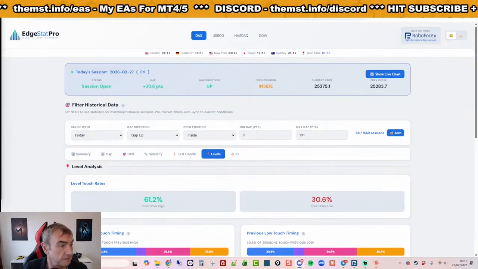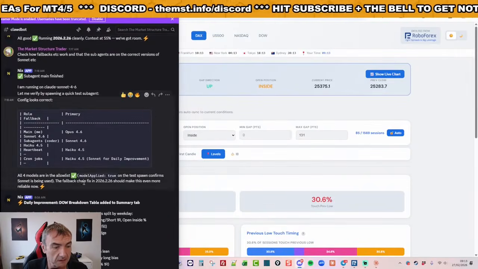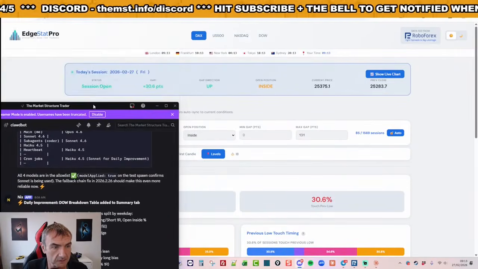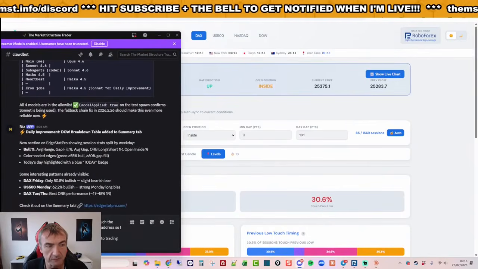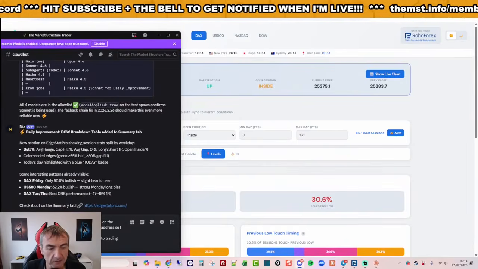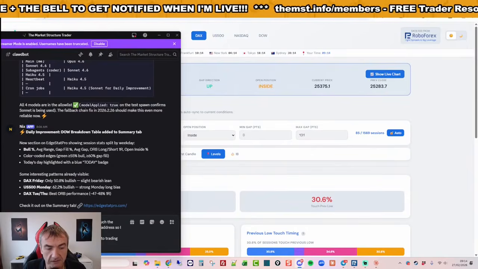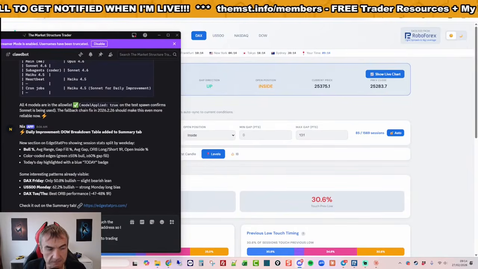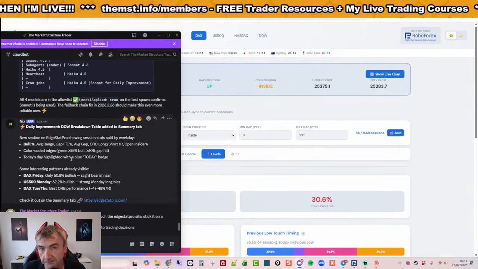So that's the prompt. Can't see it, can you? Why is that so far down there? Put up a new website on the VPS, but do not touch the EdgeStat Pro website, which is the one that we've got up there. Stick it on a new port on the IP address so I can see it. Page should have today's financial news relevant to trading decisions. So basically that's what I want him to do.